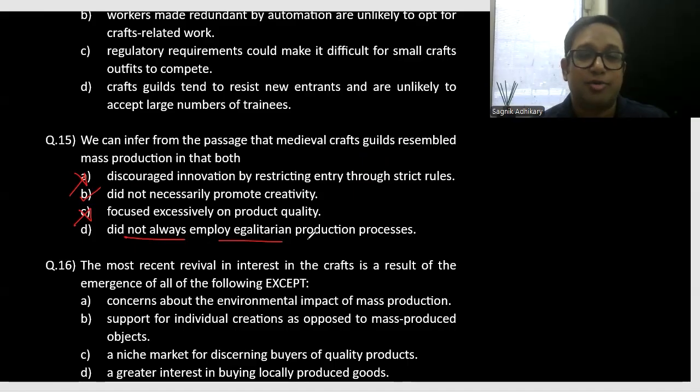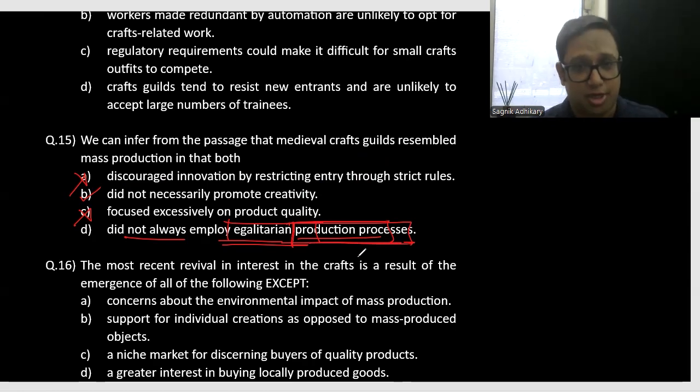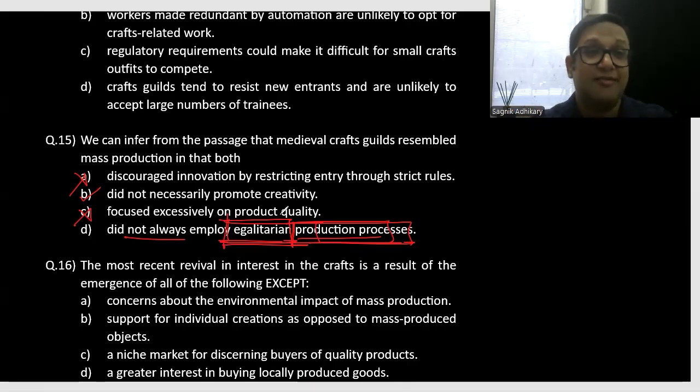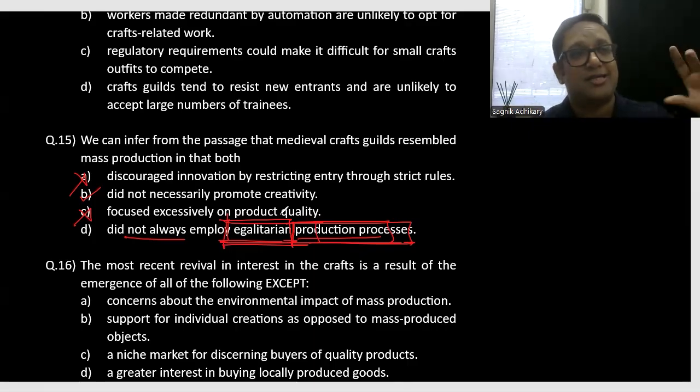D says, did not always employ egalitarian production processes. Egalitarian, based on equality, production processes. First off, production process is something that we don't know in the case of crafts guilds. It is definitely known in the case of mass production because mass production is a production process. But are we talking about egalitarian, equality-based? Mass production is producing in bulk. How is it equality-based? Even if we say everything is consistent, because consistency was mentioned, and we generalize by saying consistency equals equality, then this is true